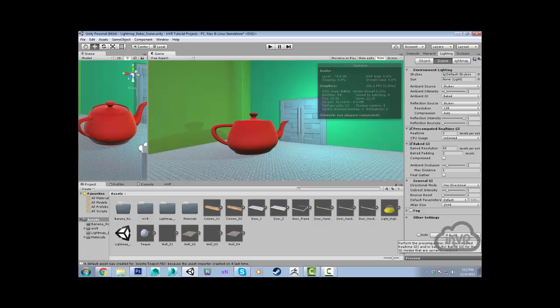I believe you'll be able to see if we delete the bake data. Okay, there we go. It went from 26 to 123.5k, and the draw calls went back up to 41 from 10. Big difference, and so